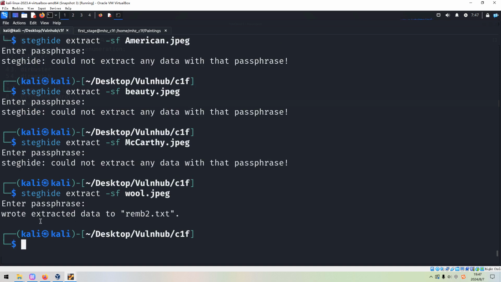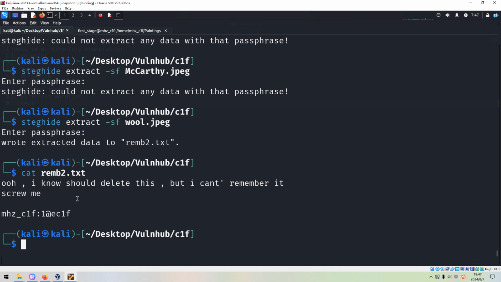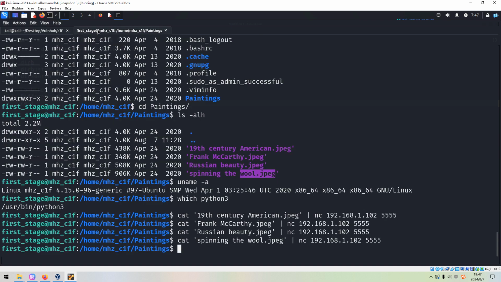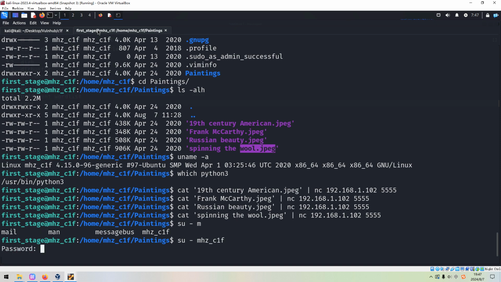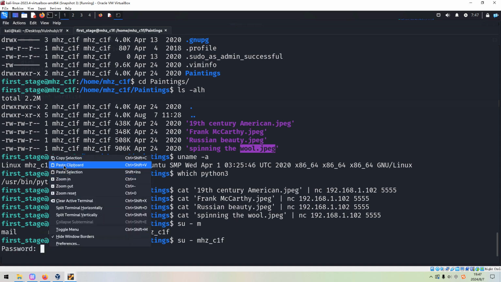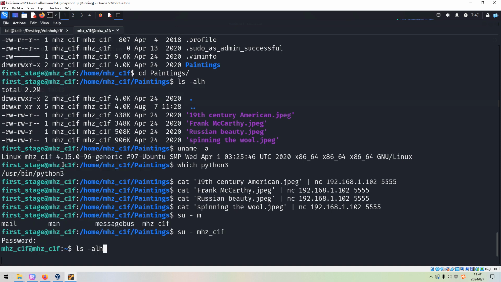This time we successfully extracted data from the image, and we can cat out this text file. Oh, I know I should delete this, but I can't remember it. It looks like this is the credential for the second user. This is the second user. So then we can copy its password, and we can switch to another user. And we can paste in here. Okay, we successfully made